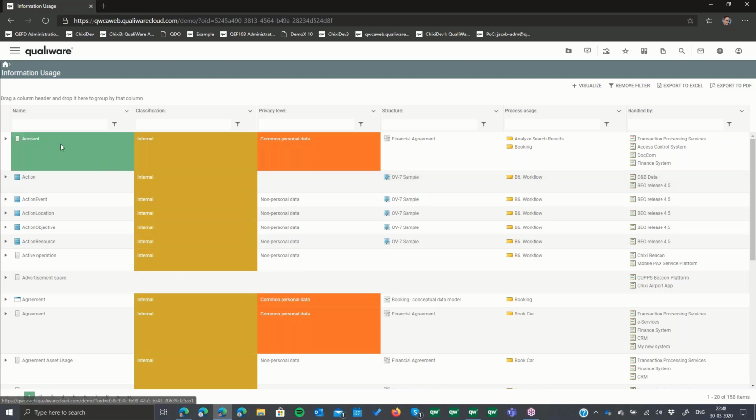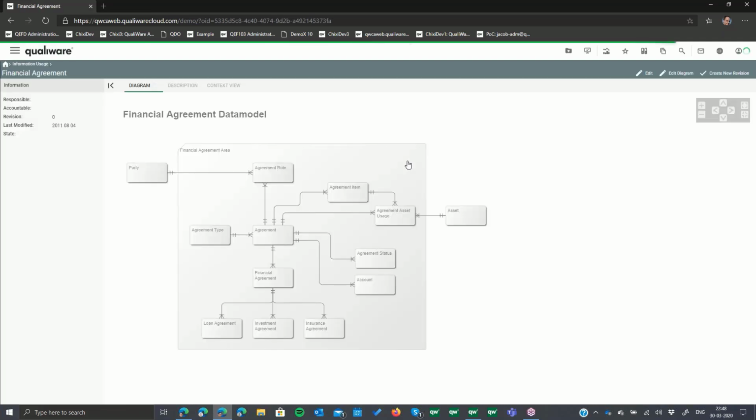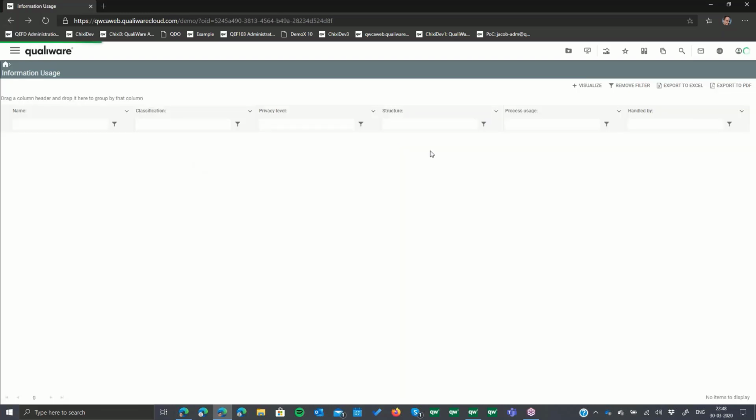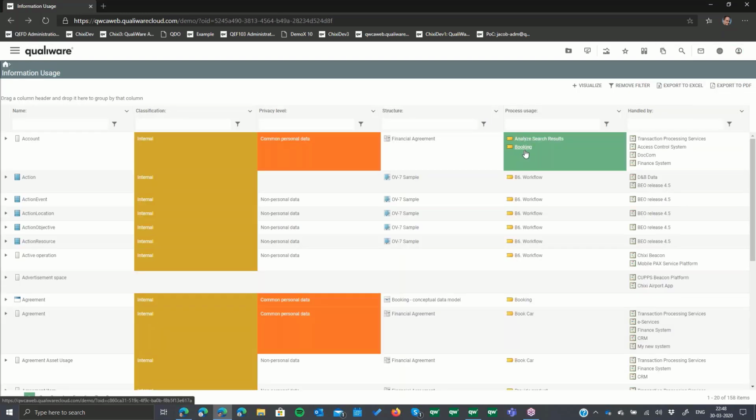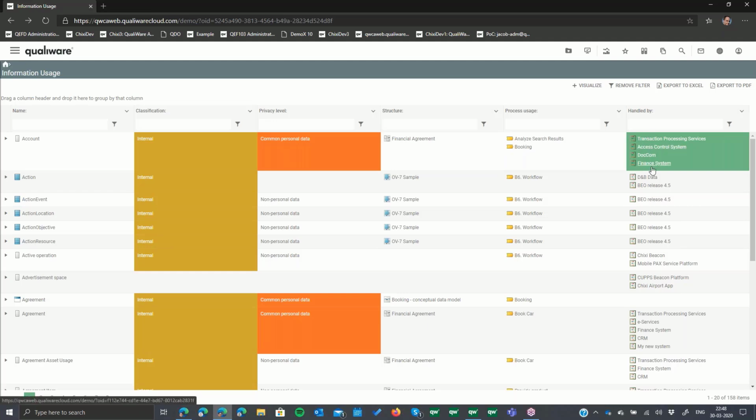So if I want to find out where that account information is, I can click on that data structure and it can show me that data, that underlying data model. And I can also see which processes are using that information and which IT systems are using this. These tables in here,